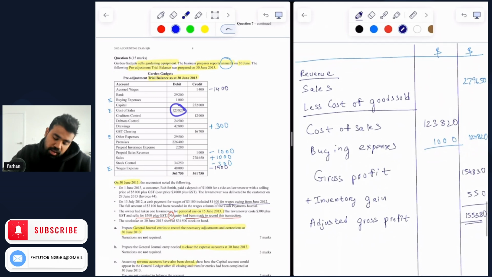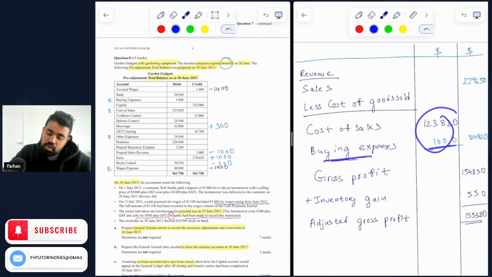Then I'm including buying expenses. Now, buying expenses is a part of cost of goods sold because they were very specific. Buying. So buying here simply means that it's part of your purchase of inventory from your suppliers. And it's more relevant, including this within the cost of goods sold, because it is essentially a part of cost of goods sold. So buying expenses of $1,000. So that makes the total cost of goods sold to be $124,820. Now, if you subtract the cost of goods sold from the revenue, you get gross profit, which is